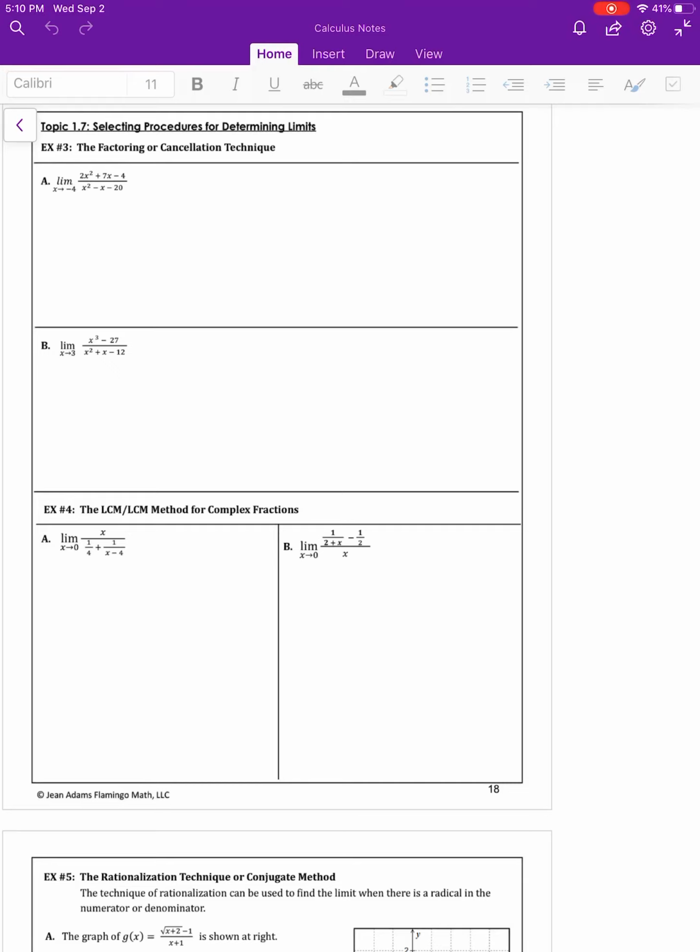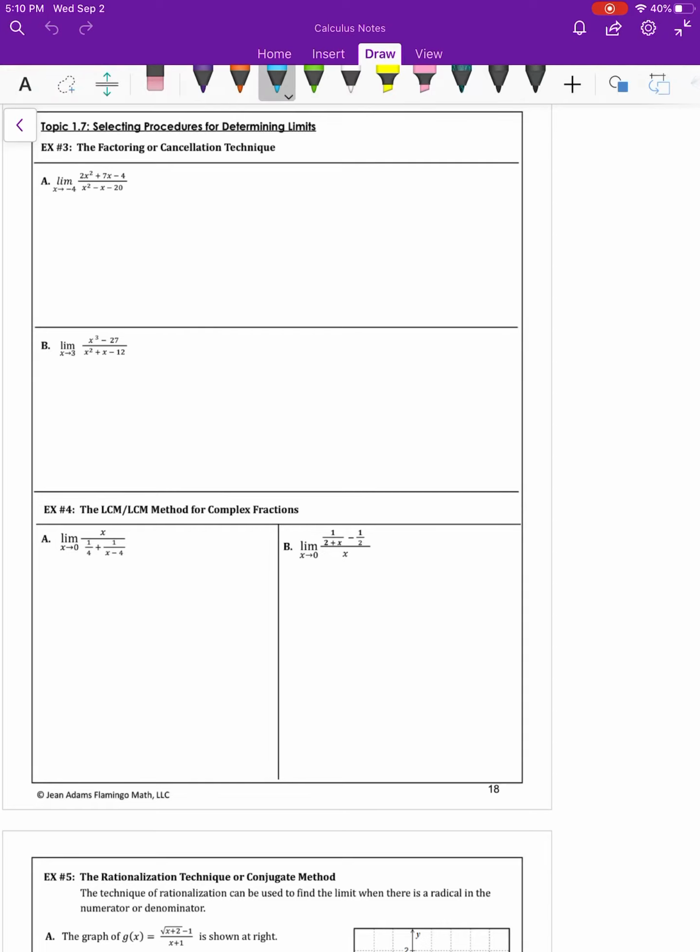Unit 1, Lesson 4, Part 2. Example number 3, this is on selecting procedures for determining limits. Our first one,